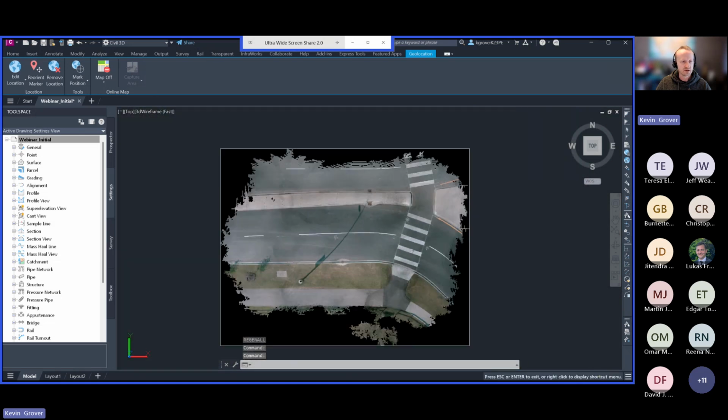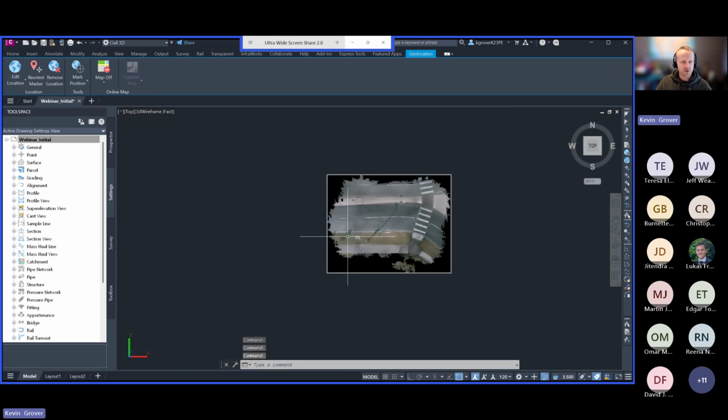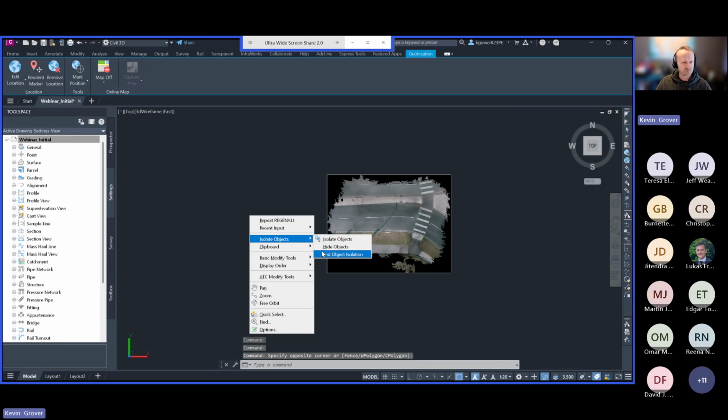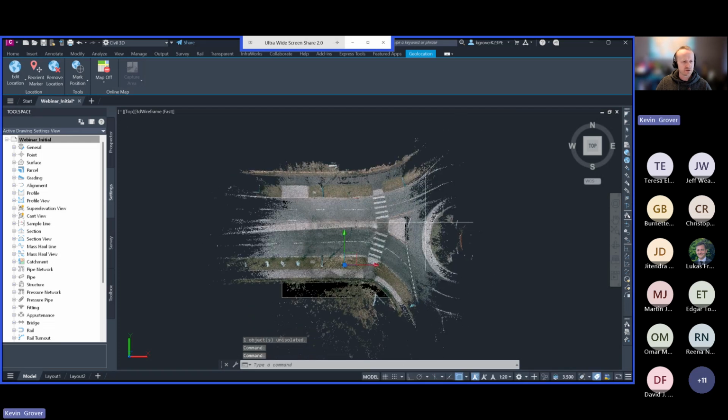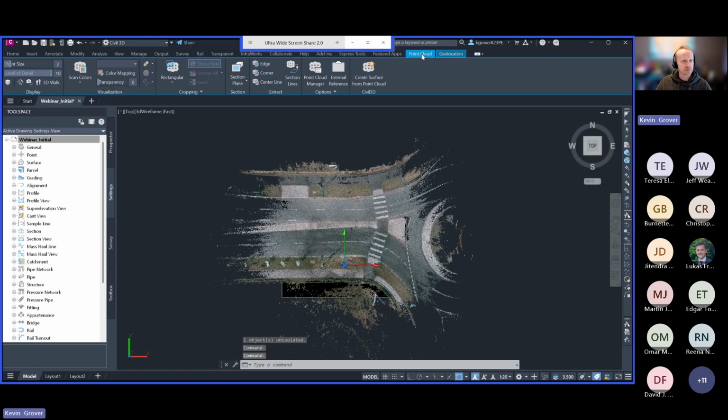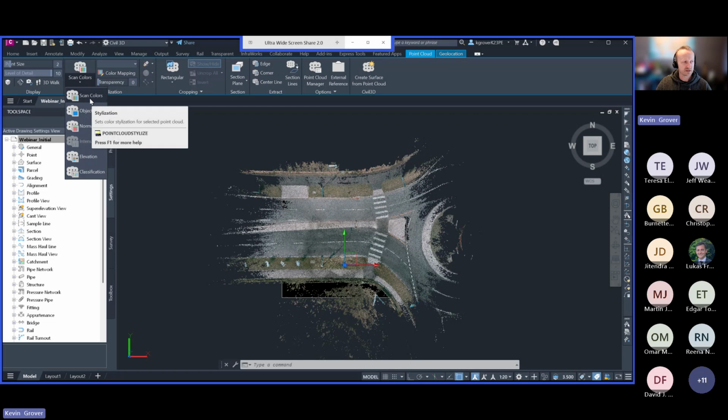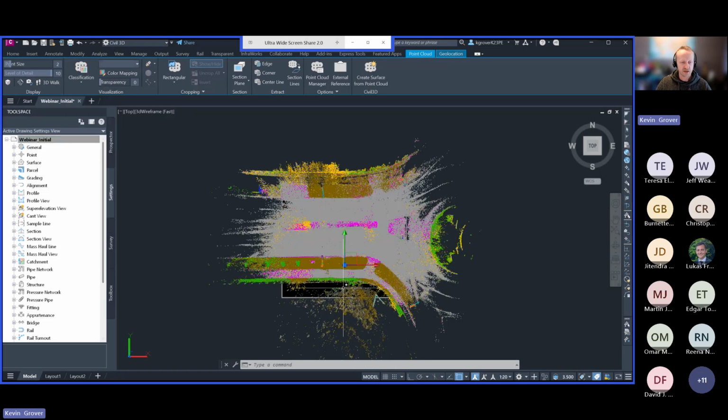So now we've got the ortho and the point cloud within here. I'm going to end my isolation. The one thing you'll notice is if I choose my point cloud, it comes up at the top here. Now I can actually change how it's displayed by the settings that we've got. So I can choose by scan color, which is the default, or I can choose by classification, which I showed in